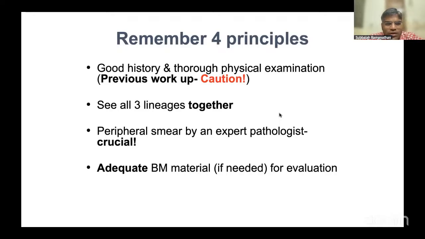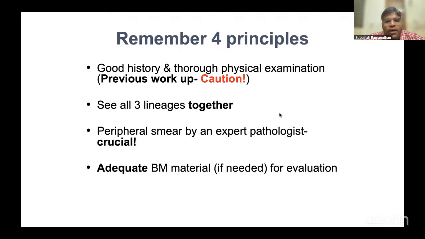And often in our setup, we just send the samples writing peripheral smear, and the pathologist at the other end may not know what the patient is having exactly. So we have to enter on the request form all the findings and what you suspect, the differentials in order of priority, whatever you think, so that the pathologist will have some idea